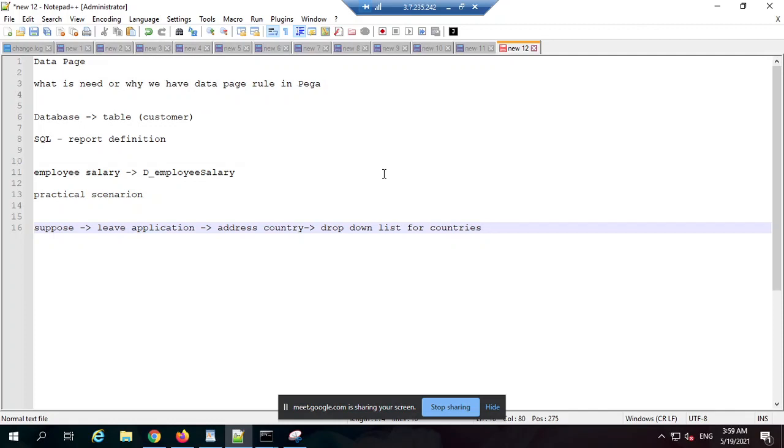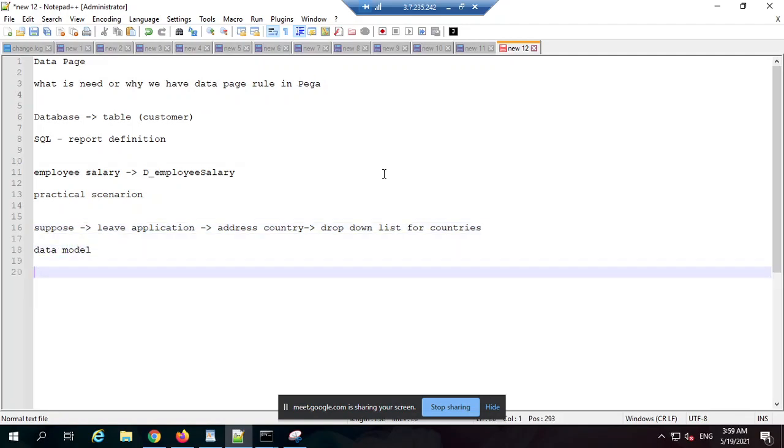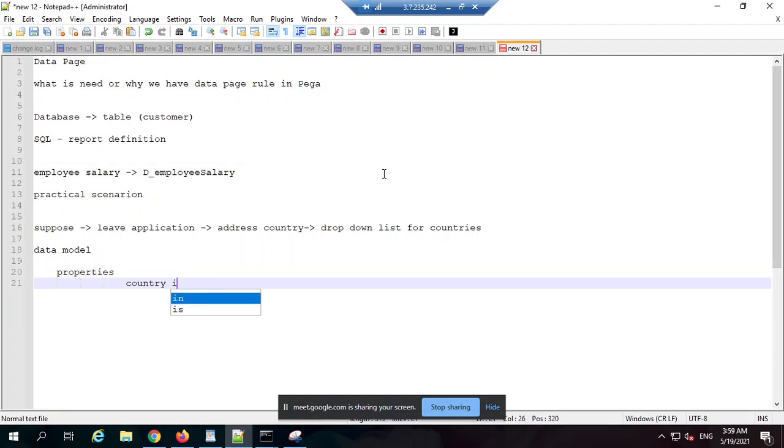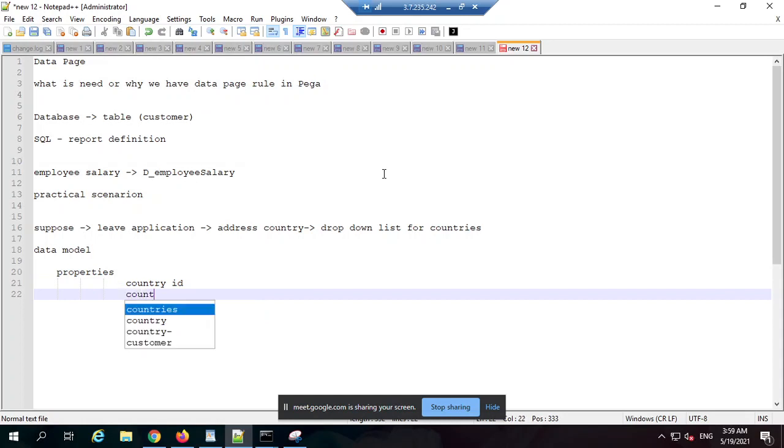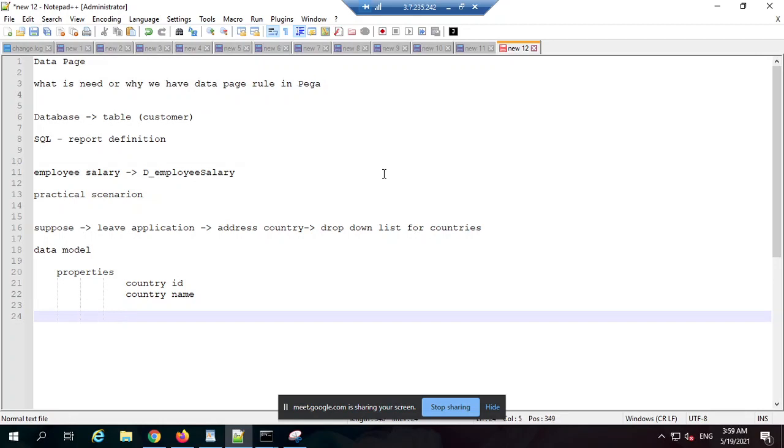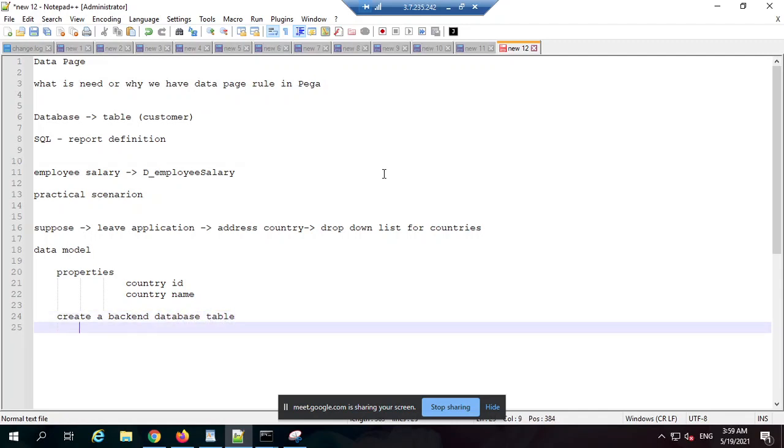Now, to get the data for this drop down, we will see how we can get it using a database table. Firstly, we will create a data model and define some properties. Let's say country ID first, and then country name. Let's keep it very simple. Then we will create a backend database table, and we will see the rules created in the backend to support the configuration.